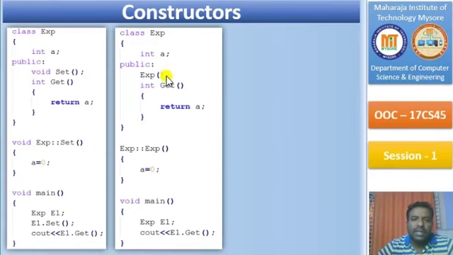Now, with this special member function, I'm defining it outside the class also, and you can observe I'm using a return type here but not using a return type there, as the function name still remains exp, the same as the class name. One more observation: I am calling the set function using the object e1, but here I'm not calling the constructor explicitly. There's no statement which calls the constructor. Hence we say the constructor will be called implicitly.